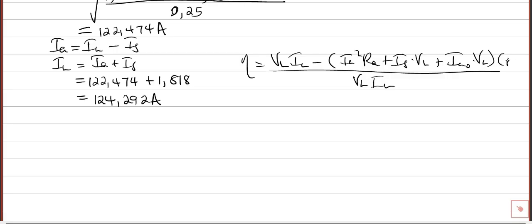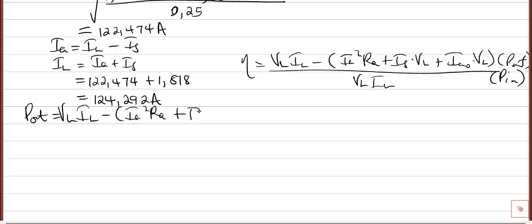So either you first find your P out, then you find your P in. Maybe let's find P out and P in. If we're going through finding P out and P in, then at the end we'll say efficiency equals P out over P in. So we'll say P out equals VL IL minus IA squared RA plus I shunt VL plus